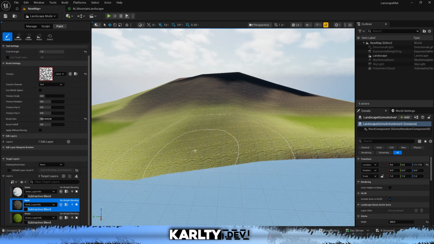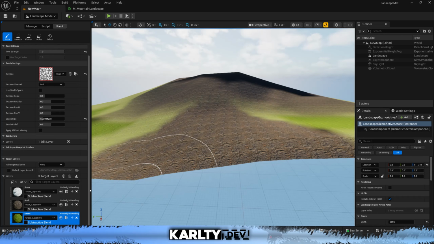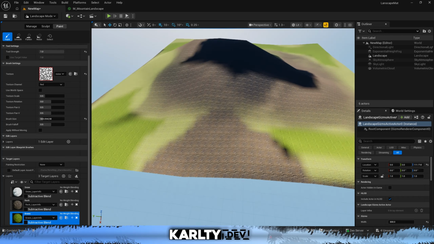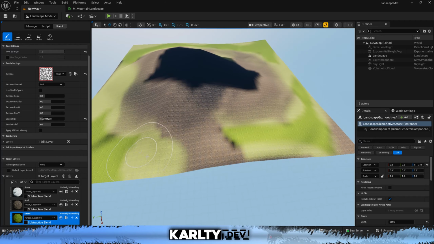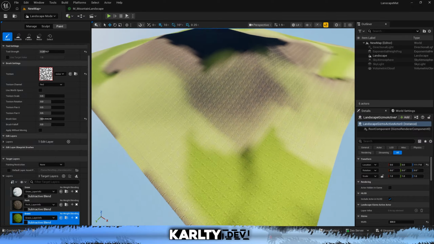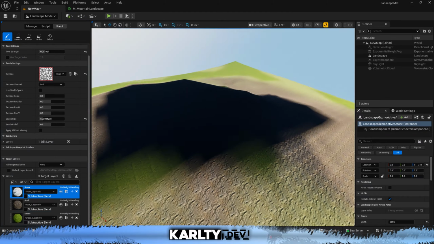If you hold shift, you can actually remove one of these materials by just painting over it while holding shift. So if I select grass and hold shift, I can actually remove the grass material. So if it ever looks funky, you can actually just do that. I would say the best thing to do is definitely use the noise textures to paint this in, and don't be afraid to just experiment, because you definitely don't want it looking perfect, because no landscape is perfect